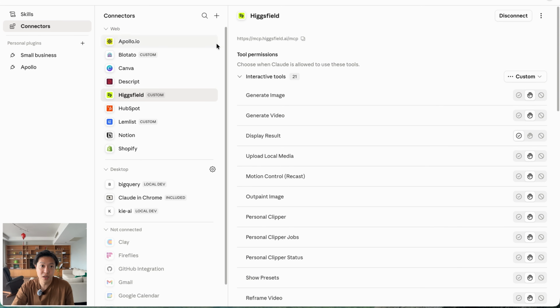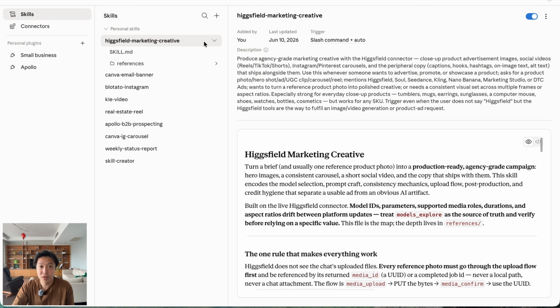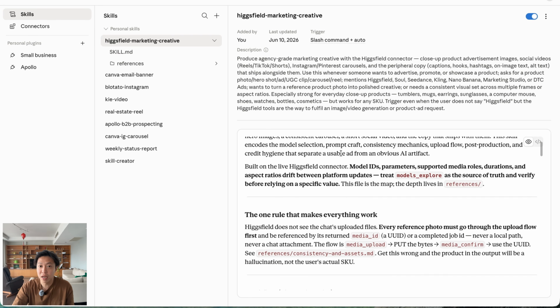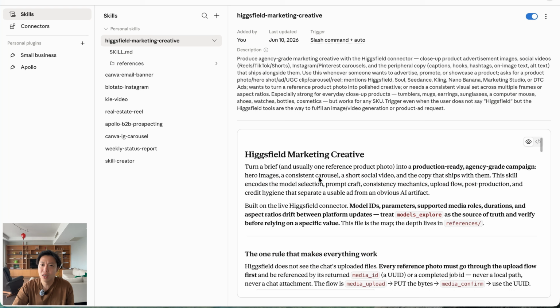to Higgsfield over here. So what you want to do is probably to add a Higgsfield marketing creative skills. This is something that I created myself with Claude. So what I'll do is I'll share the skill down in the description below. It's essentially just a framework on what's the best practice to use Higgsfield. And this is more geared towards product-based type of stuff. So any shots, any frames, any images, videos that are involving products, it's probably going to do quite well with